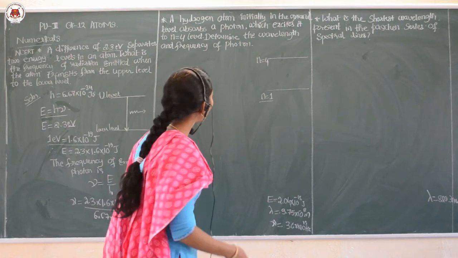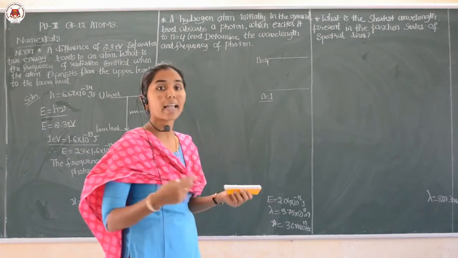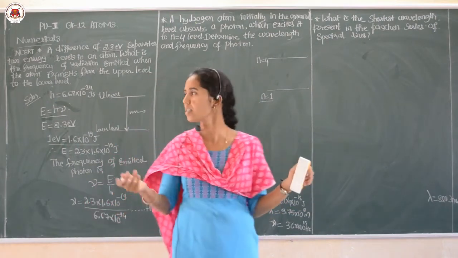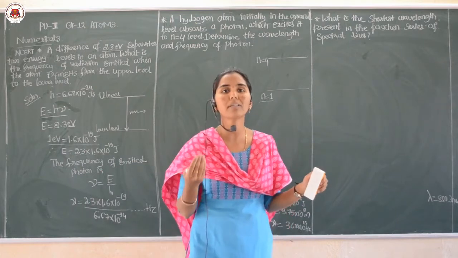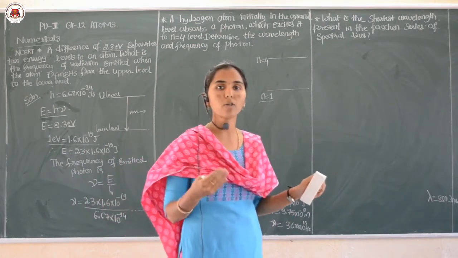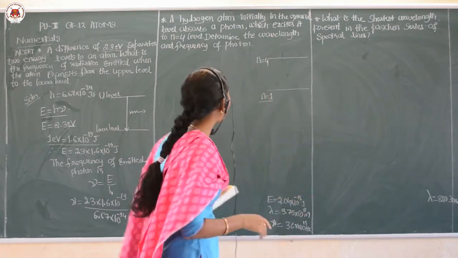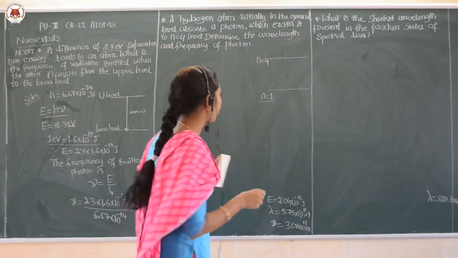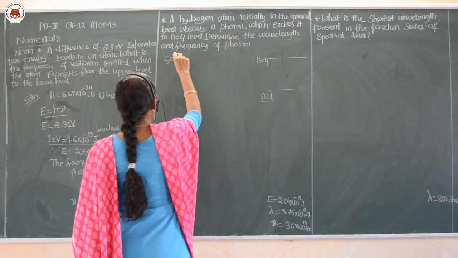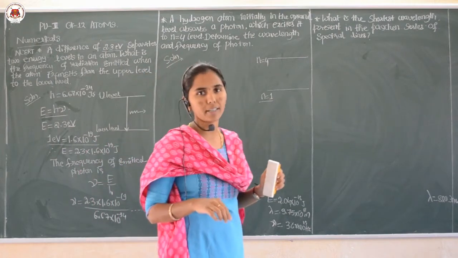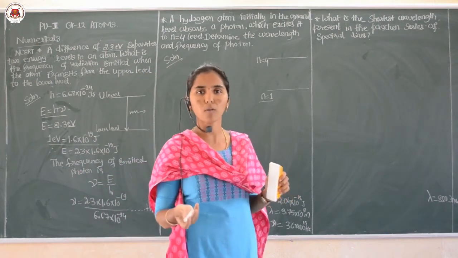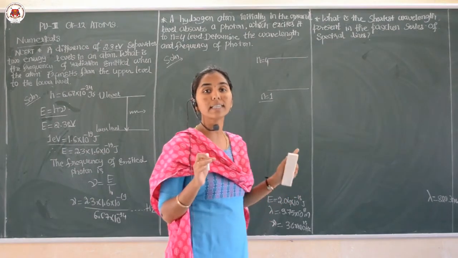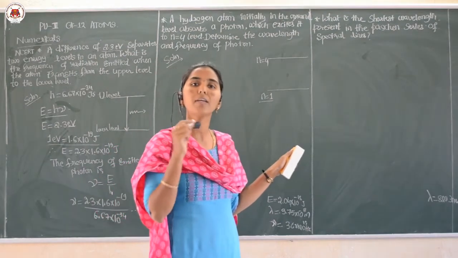Yes, here also when it excites, it again needs to make the transition from higher to lower, and during the transition, as we just observed, there is an emission of radiation, or emission of the photon. Therefore, here we need to calculate the wavelength and the frequency of the photon. Whenever you are solving a numerical, first write down the data given and next apply the required formula, then only you will get at least 1 mark. The applied formula, that means the relevant formula for the given numerical, you need to write there.